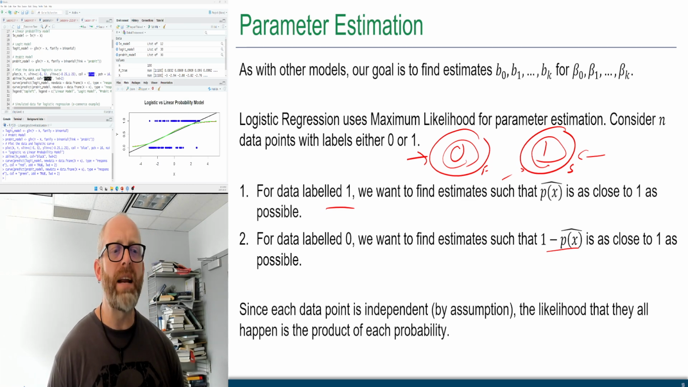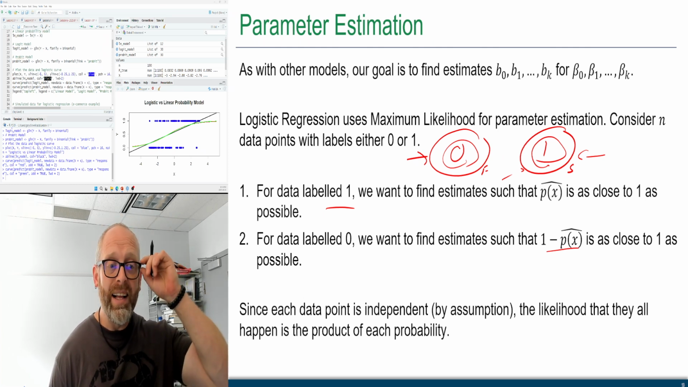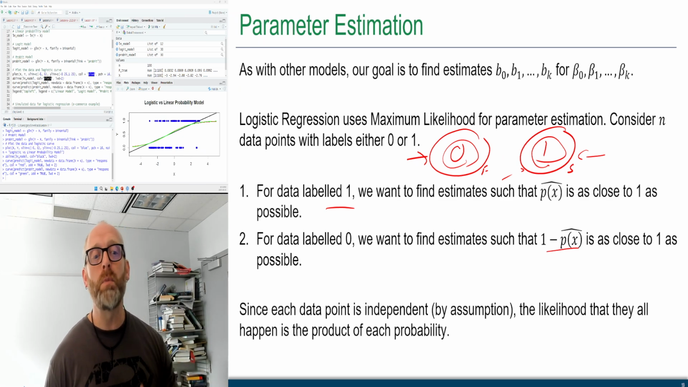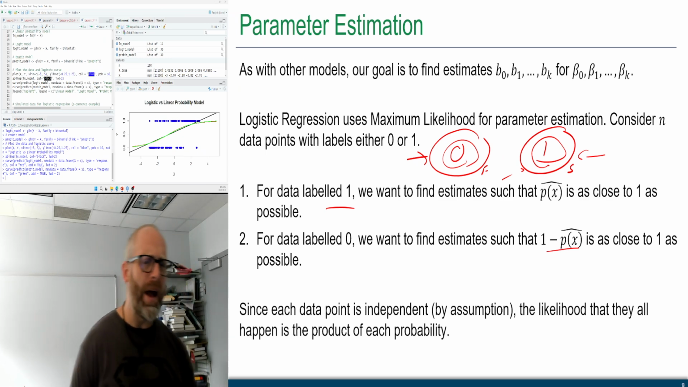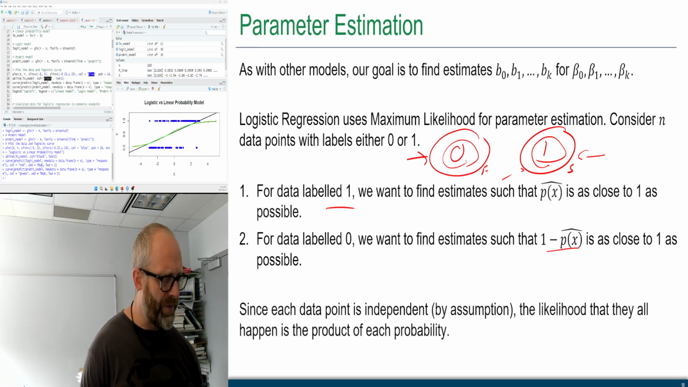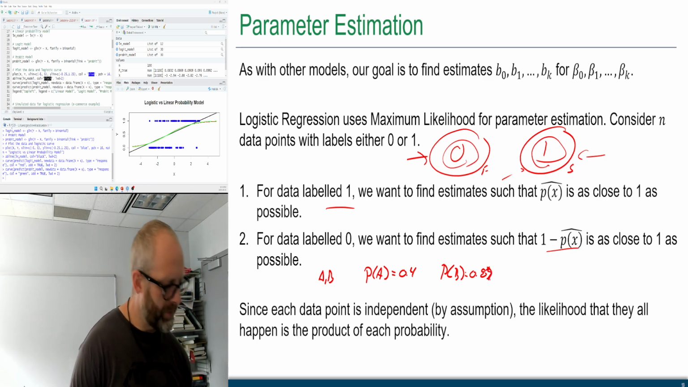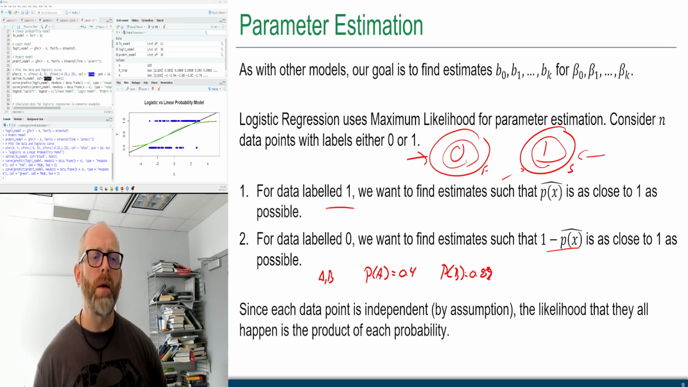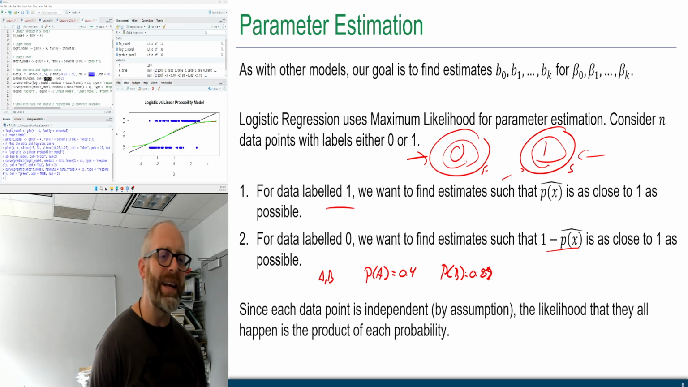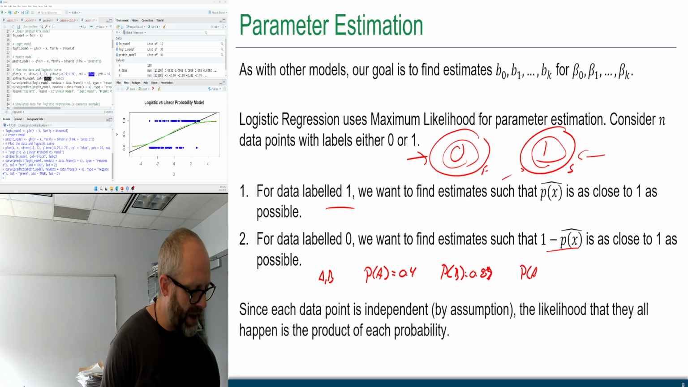All right, so since each data point is independent by assumption, then the likelihood that they all happen is the product of each probability. So what I mean there is, if we remember back from our Stats 1 course, if we had two events, so I had event A and event B, and we'll say the probability of A is equal to 0.4 and the probability of B is equal to 0.8. Now we ask the question, what's the probability of A and B, them happening at exactly the same time? So the probability of A and B,